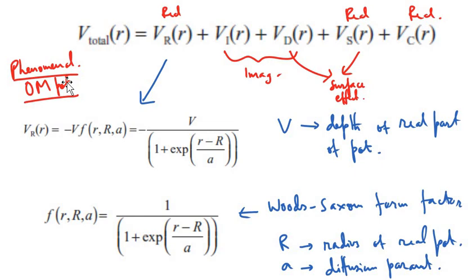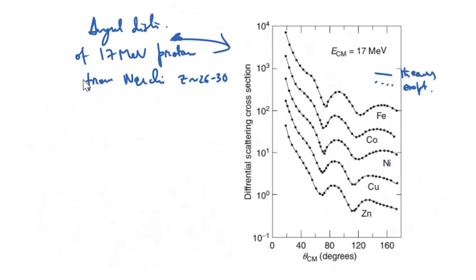Now again, if you say, of course in principle it is possible to calculate the potential from a nucleon interaction. So basically what I am saying is that the optical model, this basically concept of writing the potential as a real plus imaginary part,